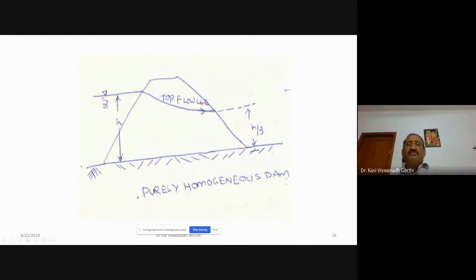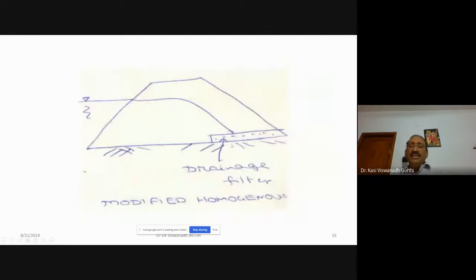Since the flow of water from upstream to downstream becomes a continuous process, there may be a problem of failure of the dam because the top flow line is directly connected to the downstream face of the dam. So what is done here to modify that? Instead of having a complete homogeneous dam section, at the downstream toe side a small drainage filter is provided.